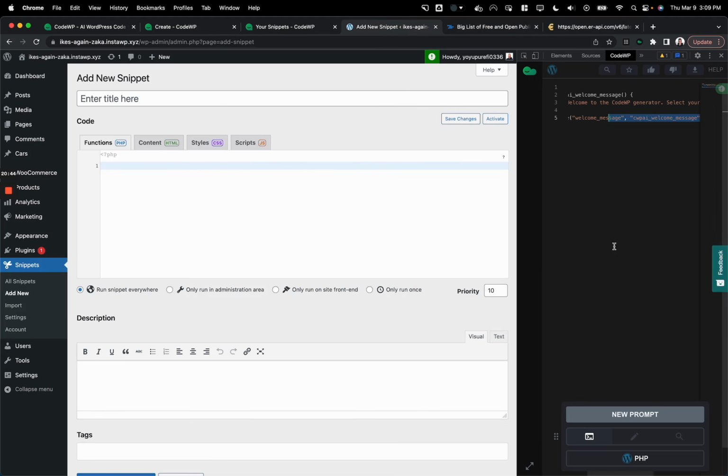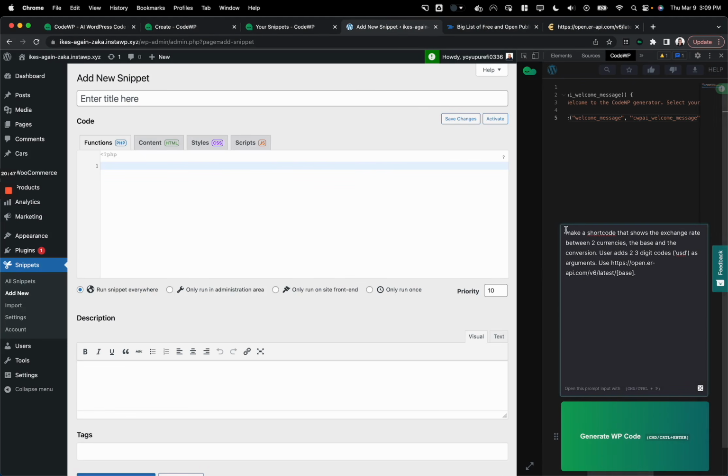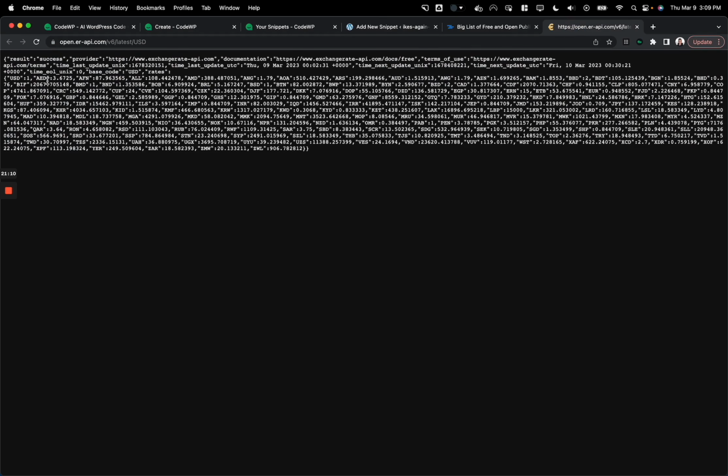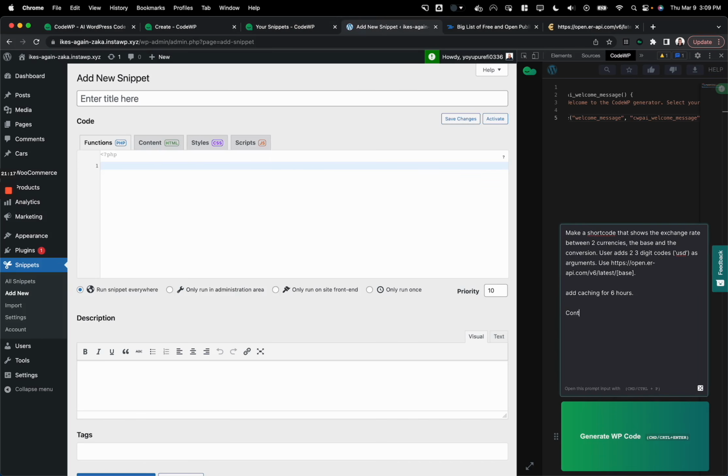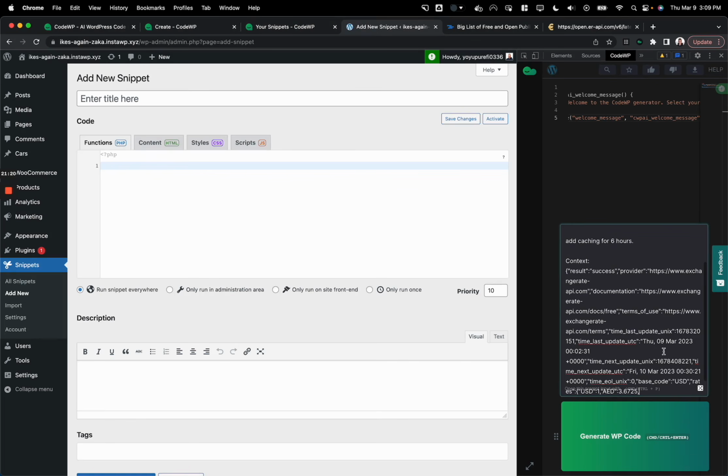And I'm going to just go in and create this. I've already created this prompt. And I know that I also am going to want to add caching for 6 hours. So if somebody's requesting the same pair of currency conversions, instead of making the request, it'll look into the cache, and that will expire every 6 hours. And I'm also just going to give it a tiny bit more context. So I'm going to copy the result here, paste it in, and then say context,